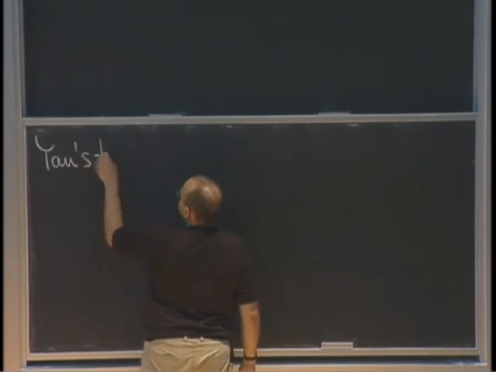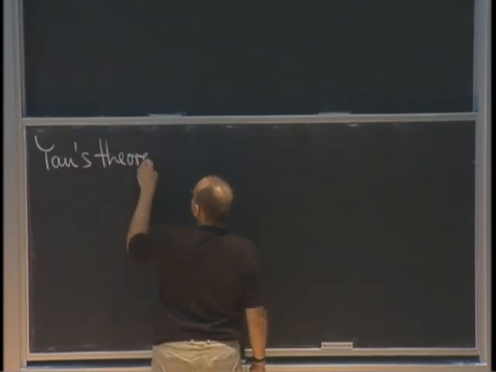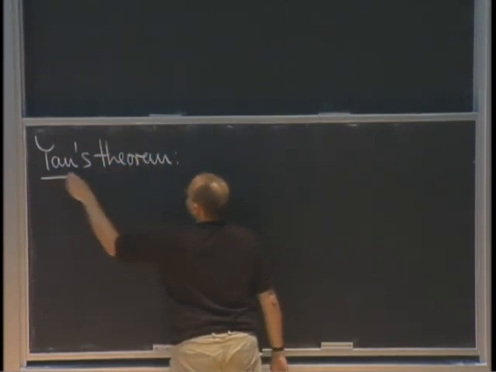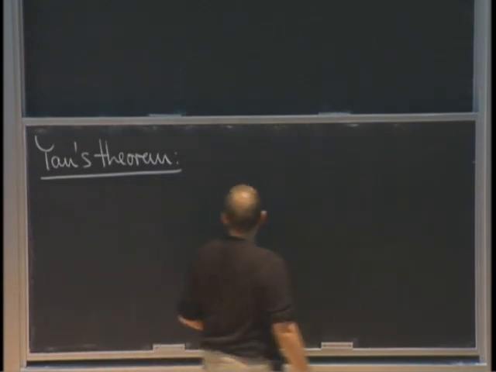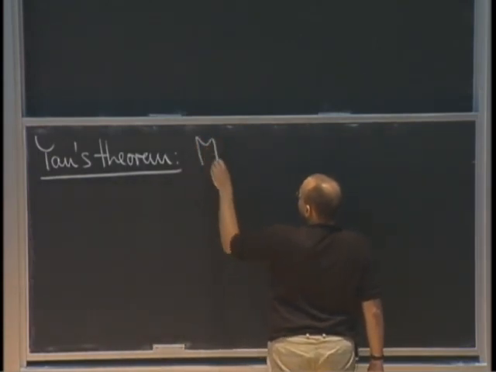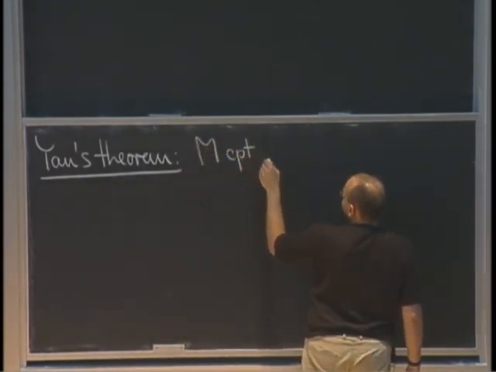Yau's big theorem is that I can actually solve. I mean, this is the complex Monge-Ampere equation. So if M is compact,